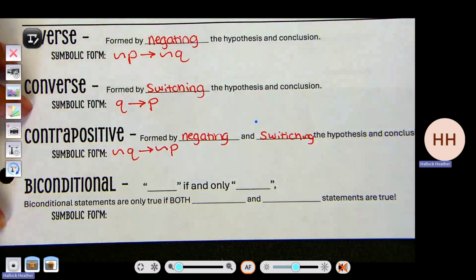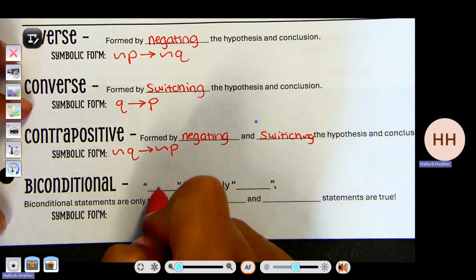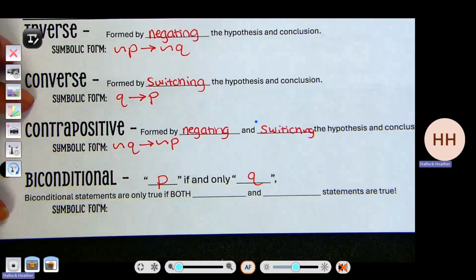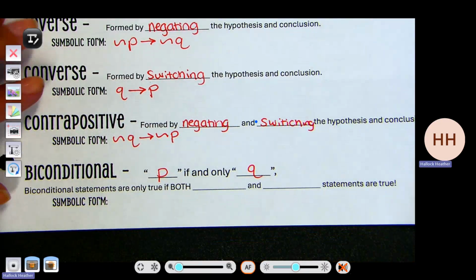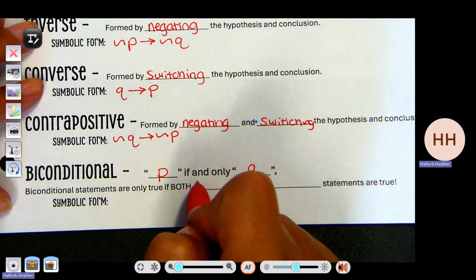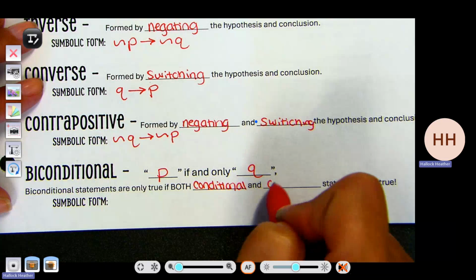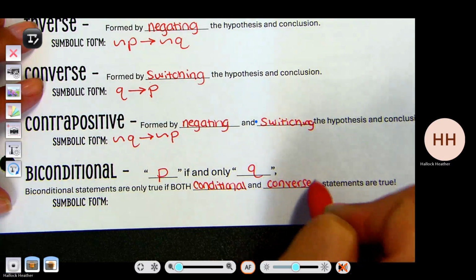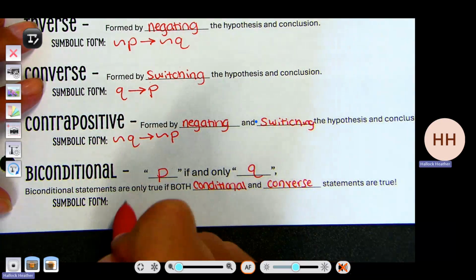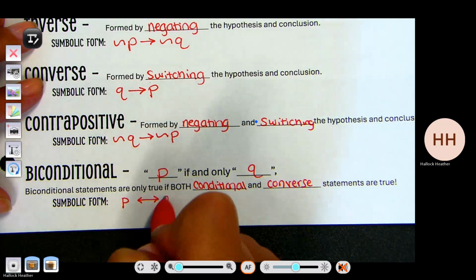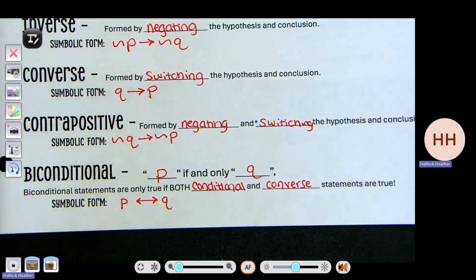Some of them will all be true. Some of them will all be false. Some of them will go back and forth. So we're going to say P if and only if Q. And this biconditional statement can only be true if both the conditional and converse are true. And the way that you write it is P double arrow Q. So they're going to use these little arrows. So you do have to be able to recognize them, which is a little annoying, but